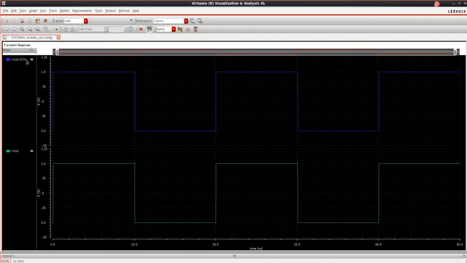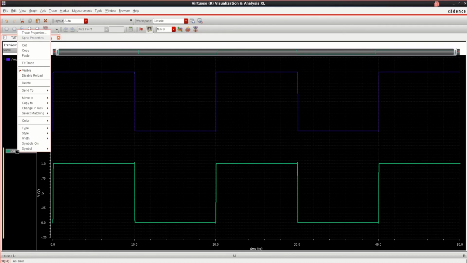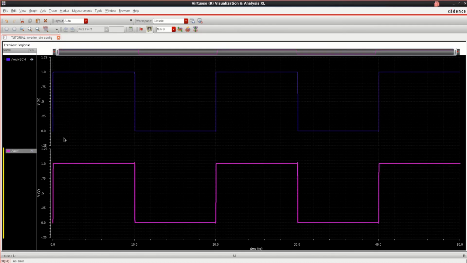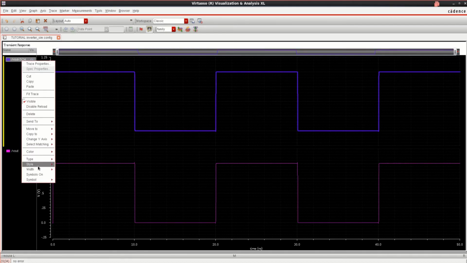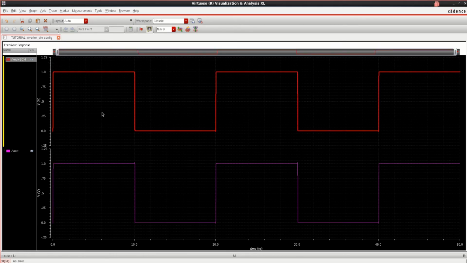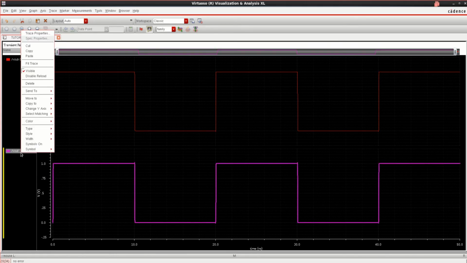This is the schematic result, and this one is the layout view. If you want, you can change the color of this, and this one for the schematic color. Let me change the colors. This, let it be a blue,